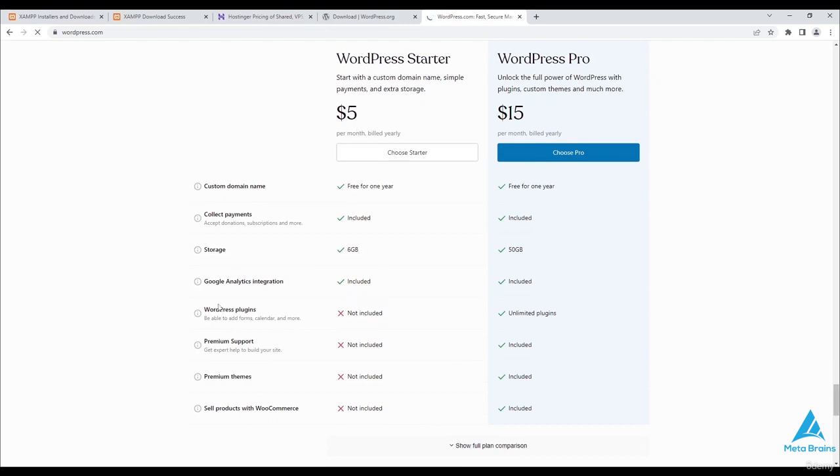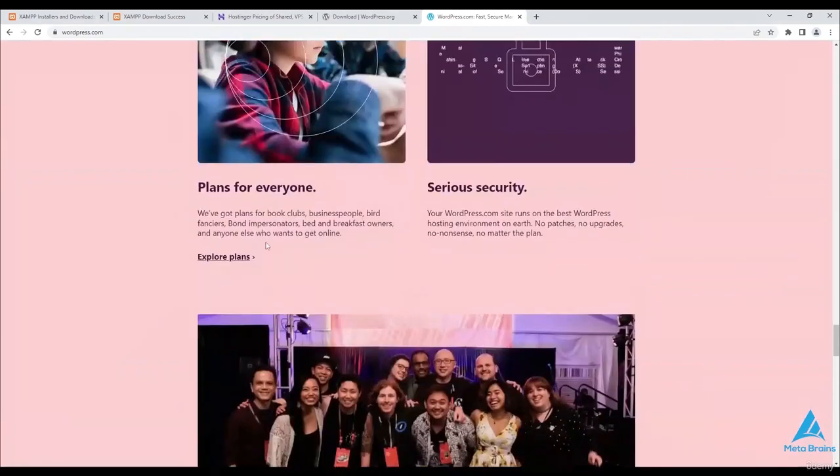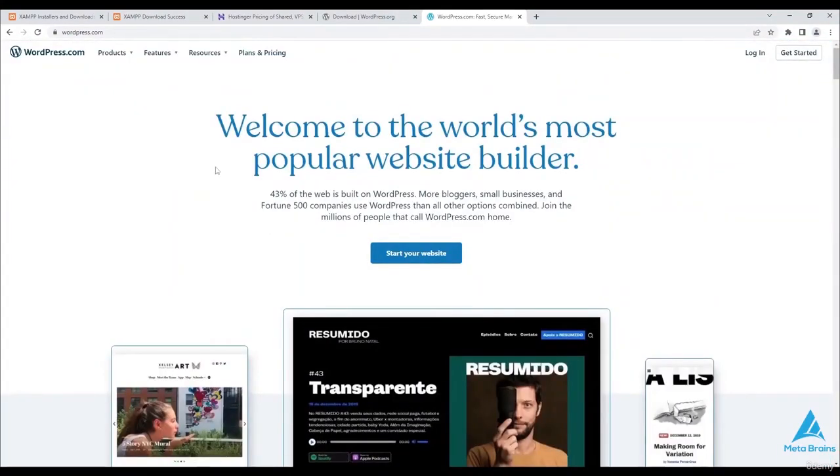So, it's better to purchase the $15 plan, as this is offering all the necessary functionalities you need, like 50 gigabytes of storage and unlimited plugins. So, it's super useful to have the WordPress Pro plan, right? Now, the only issue is that when we purchase the WordPress starter plan, there are some ads that are promoted by WordPress, and this can actually be quite annoying. So, the purpose of telling you all of this is simply to show you why we are gonna use WordPress.org